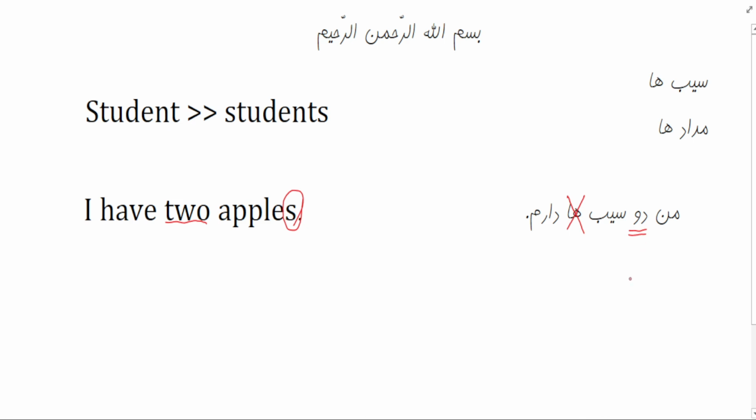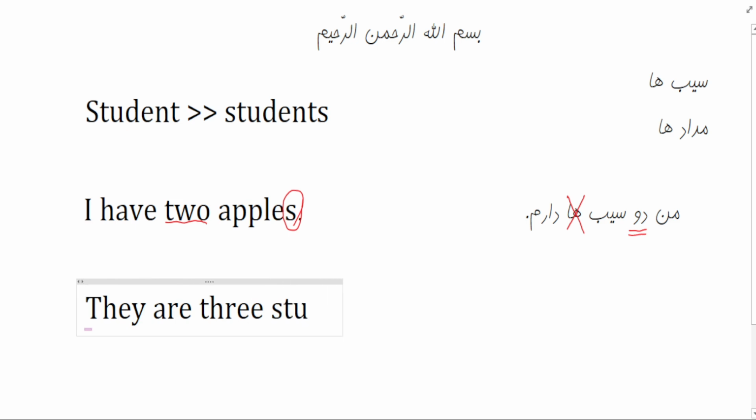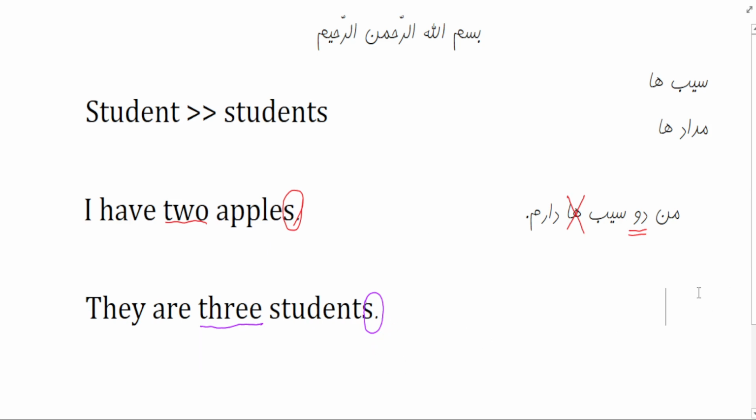Now, another example. They are 3 students. Students, we say. I mean, you say if you are an English native speaker or any other person who is familiar with English, they are 3 students, right? But not in Persian. In Persian, when you are counting something and you're telling how many of them, you won't use the indicator of plural in Persian. Therefore,